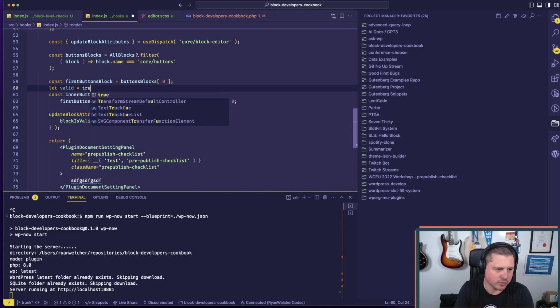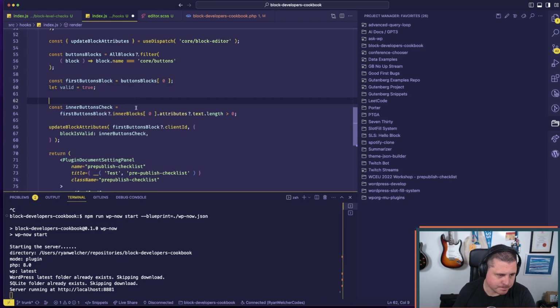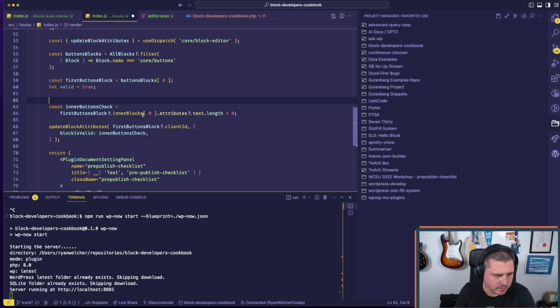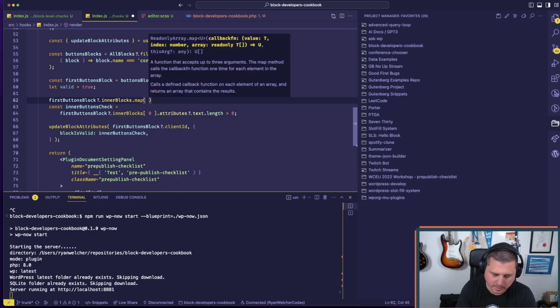Set it to true, right? And then you could go something like that dot map, or I'm just gonna use dot map block,